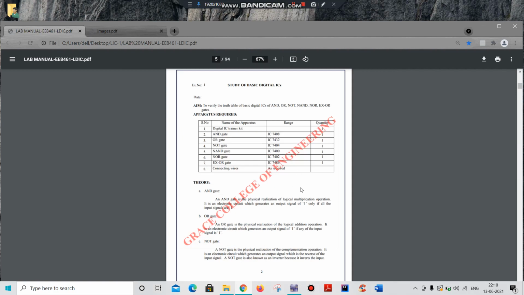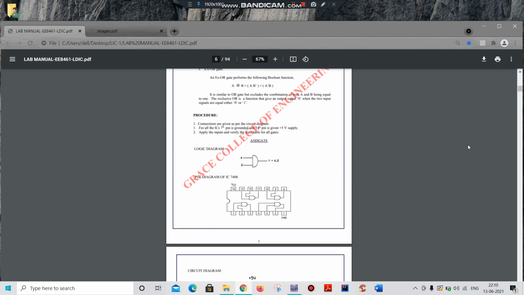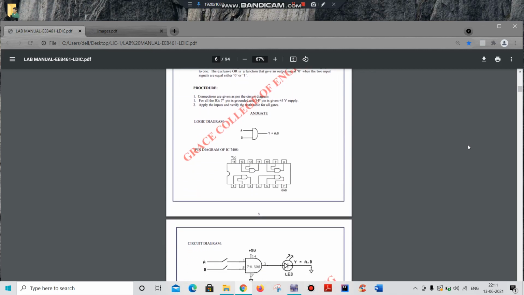So here I'm taking the logical gate AND. Here is the logic diagram for your AND. When you give A and B, it gives you an output of A into B. Okay, it does the multiplication operation here, and this is the pin diagram for your AND gate, which is named IC 7408.